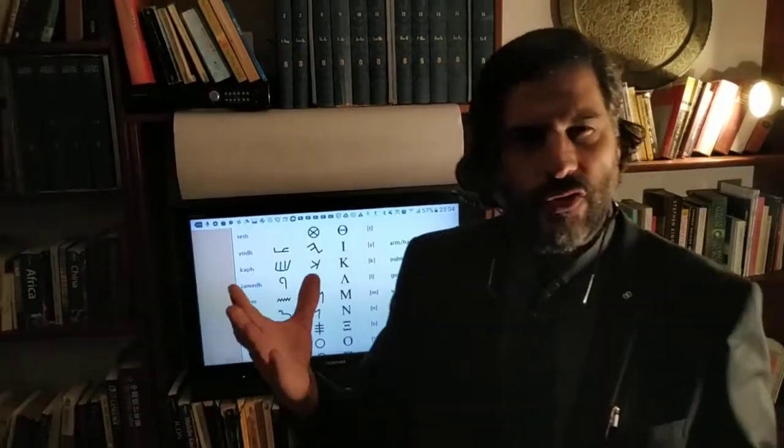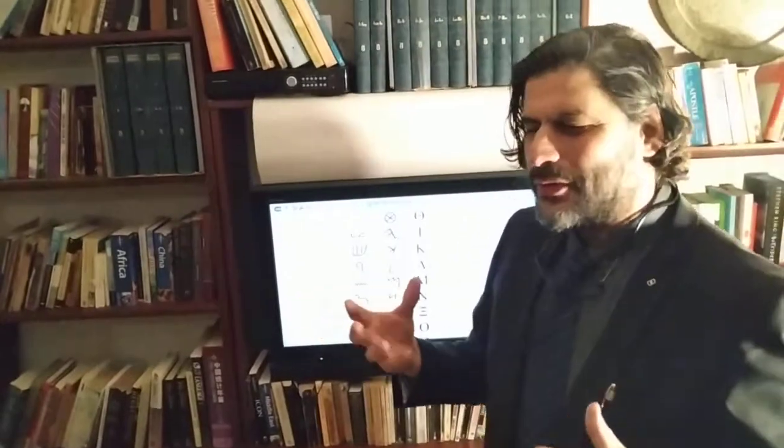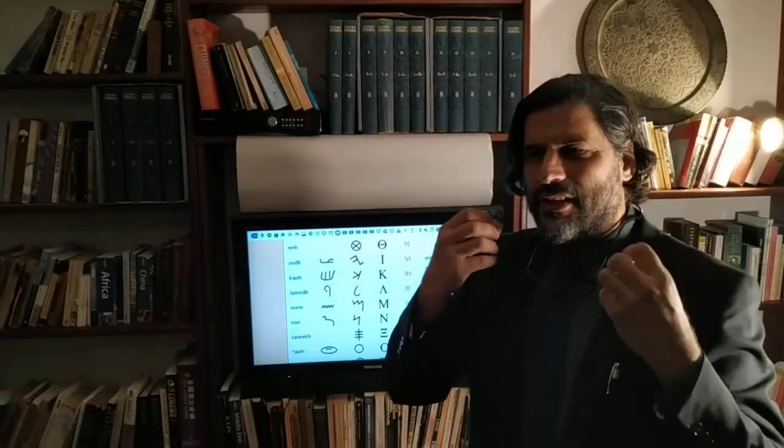capacity for accuracy, a capacity for planning, and it conjugates, it changes form. The Yud can change to a Vav, it can change to a Hey. So that is the Yud, and it seems that these three letters of God's name, they are an extra layer on the alphabet, and the alphabet is actually several different types of uses